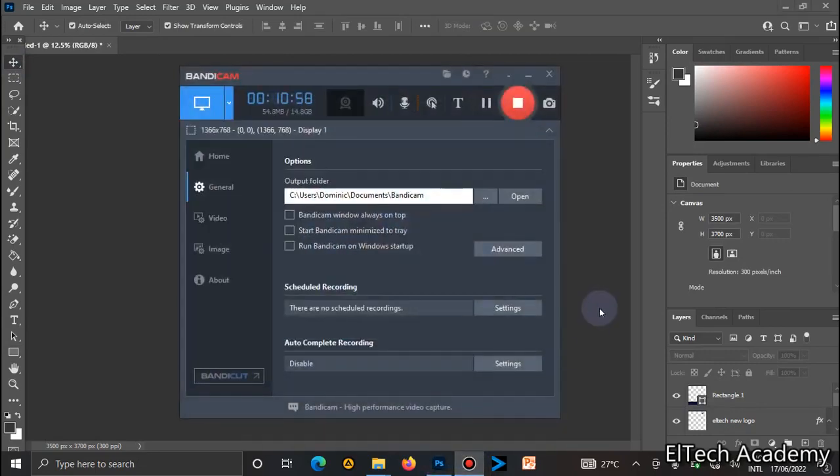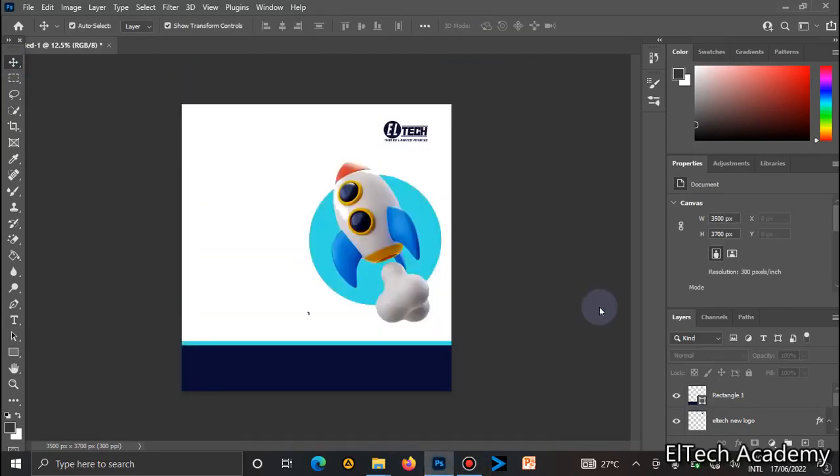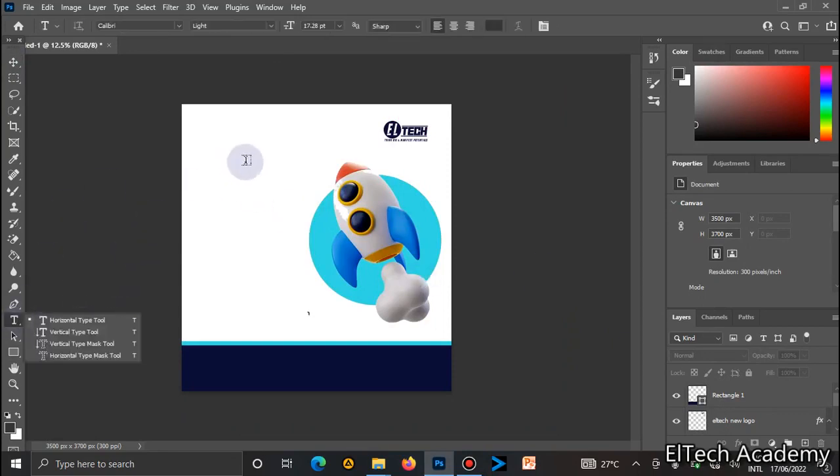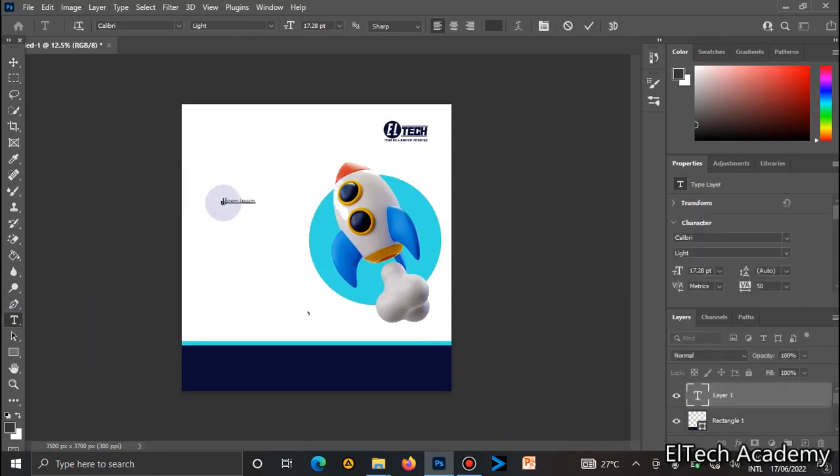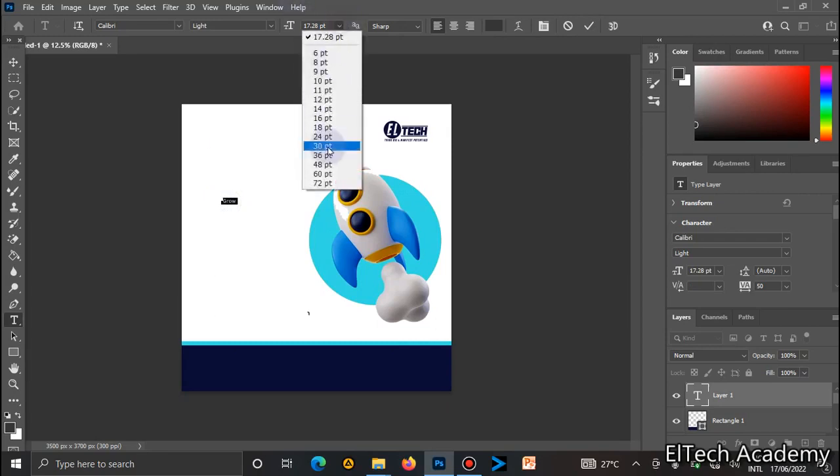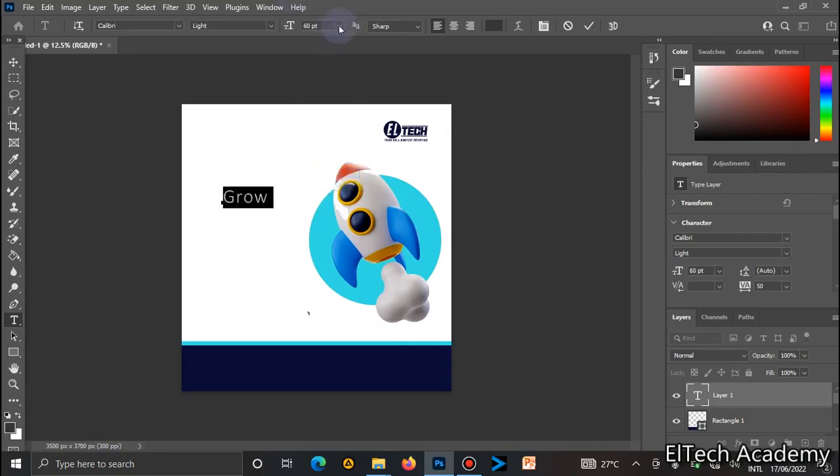Alright, I just want to be sure its time is moving. Alright, so the next thing I will do is I'll add some text. We're almost done. Can you imagine? So I'll add some text. Let me say launch, or let's say grow. Alright, so it's too small. Let me increase the sizing so that we all know what is going on. Okay, so I think 72 should do for start. Alright, so I say grow